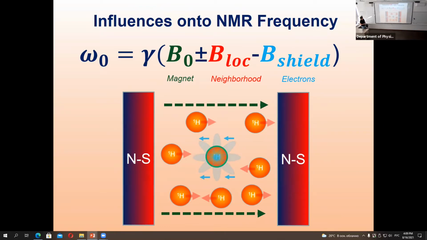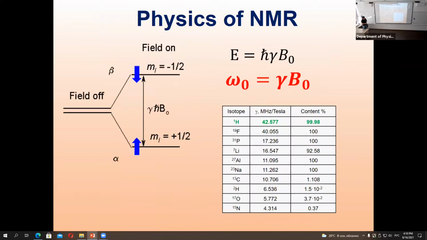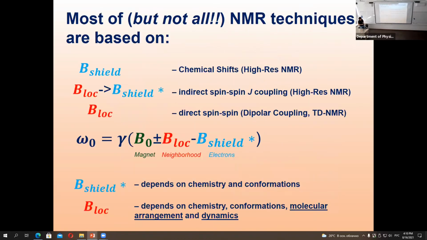So this is the local field that they produce. Also, each nucleus has its own structure of electrons, and these electrons are being influenced by the main magnetic field that is produced by the magnet. These electrons start to shield this field, and they lower the field on the nucleus. So the frequency of the resonance, if it was 42.577, if we have some nuclei with electrons, just any kind of water or ethanol or anything, these electrons slightly, by some ppm, shift the frequency.